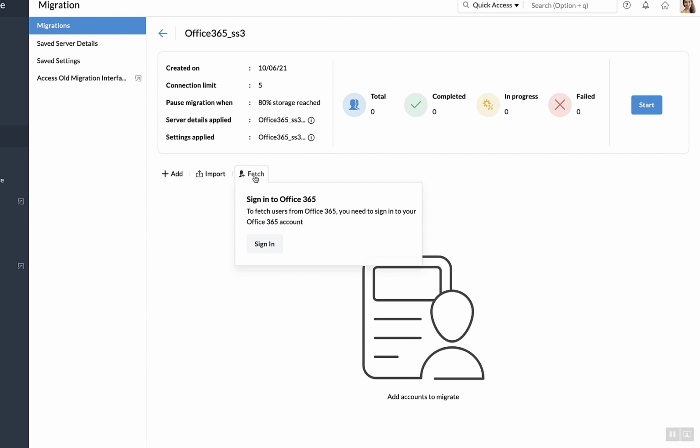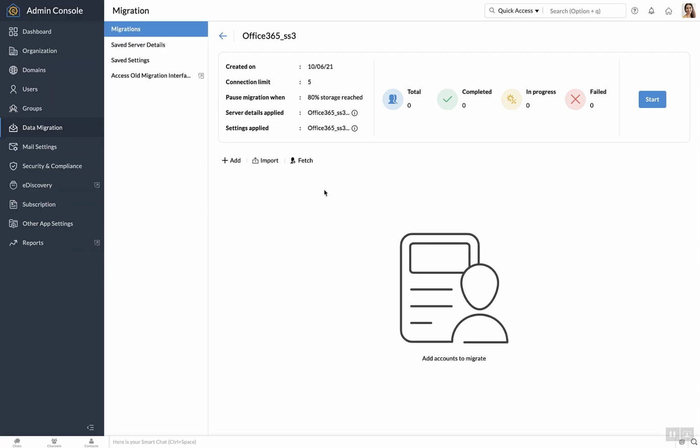But something to note here is that you have to sign in before you can fetch the users. It does not happen automatically like it did for Google Workspace. Now, once you fetch the users by signing in, you can list your users here and start with your migration